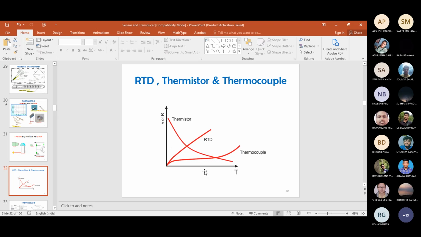There is one common idea: local linearization and global linearization. The entire nonlinear curve you can make piecewise linear. You can pick a small piece, linearize it, and make your data sheet. That is local linearization. But globally it is not linear; the entire curve will be non-linear. The RTD curve looks somewhat linear, but only some of the portion is linear, and most of the portion is non-linear.